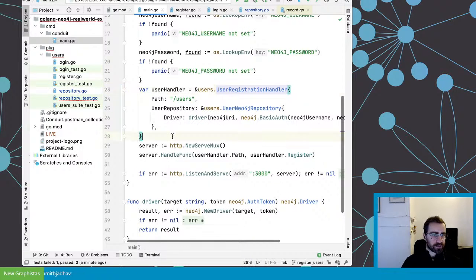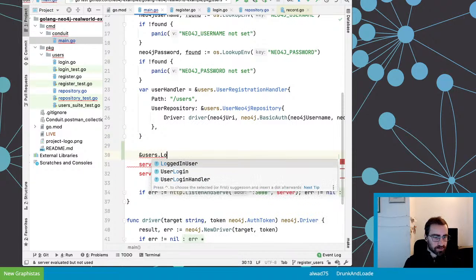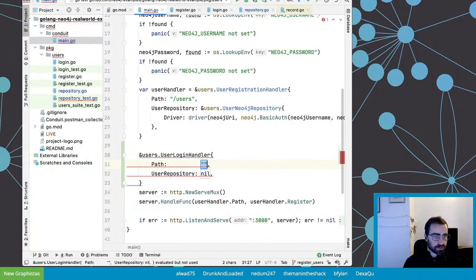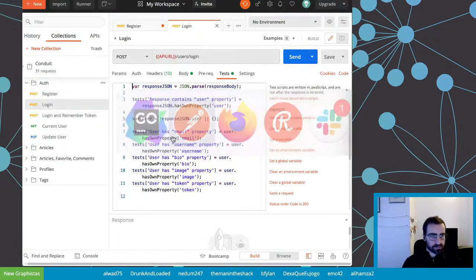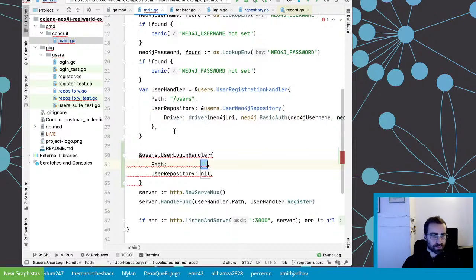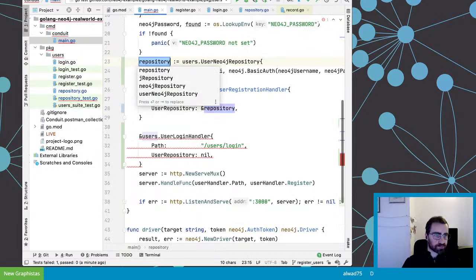So I'm gonna create another handler for the main function. Otherwise, the login handler will never, you know, kick in. So I need this user login handler. And field. The path should still be, let's see, what is the path? users/login, and it's still a post, okay? So /users/login. User repository in that case is a kind of a singleton. I don't need to, you know, reinstantiate one.